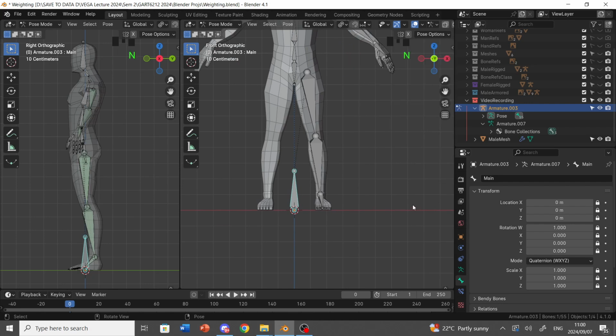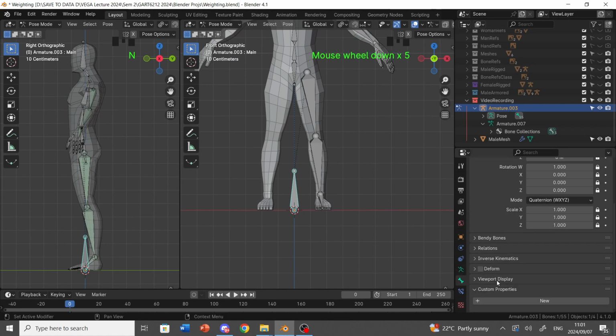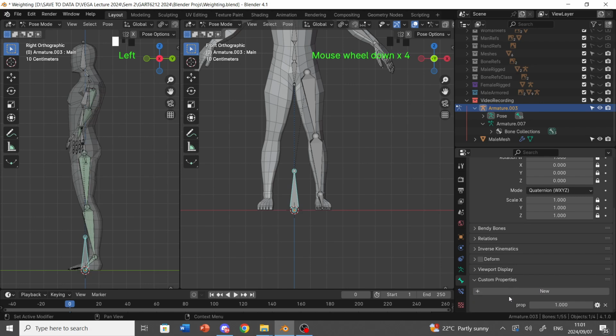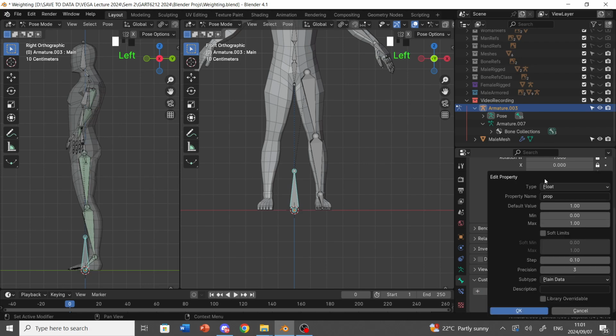What we need to do now is in the bone properties, which is the green bone tab here, scroll all the way down to custom properties. We need to click new, and it gives us a little variable, which is pretty cool. We need to go into that cogwheel. You can leave it as a float, that's completely fine. You could have it be an int as well if you wanted, but let's rename this to,